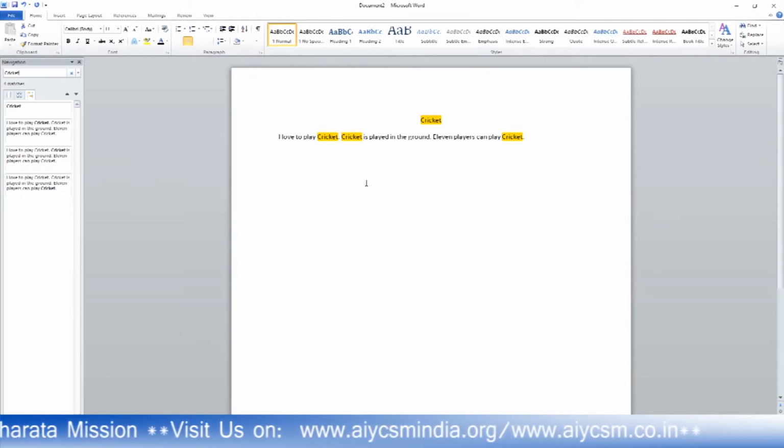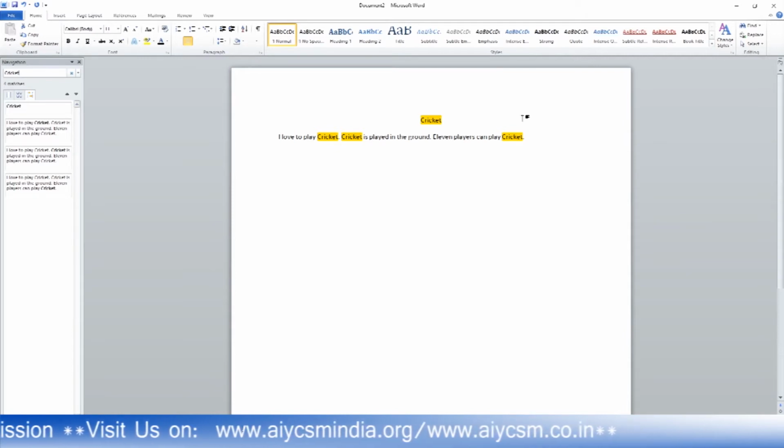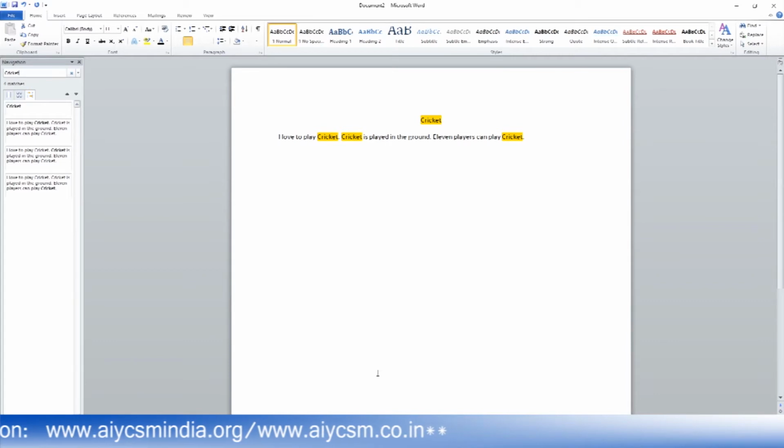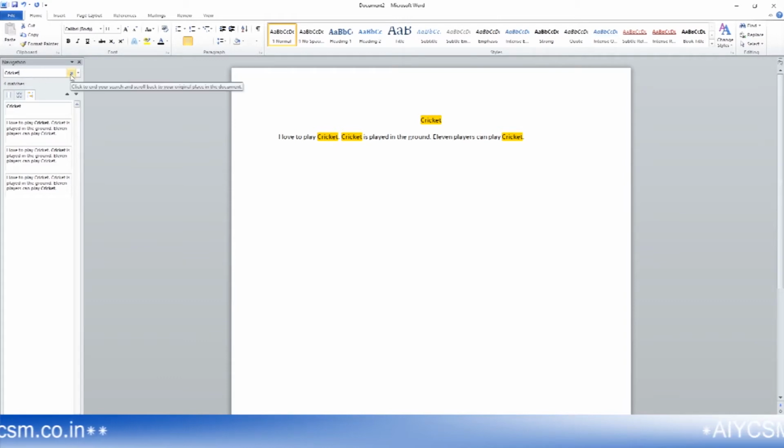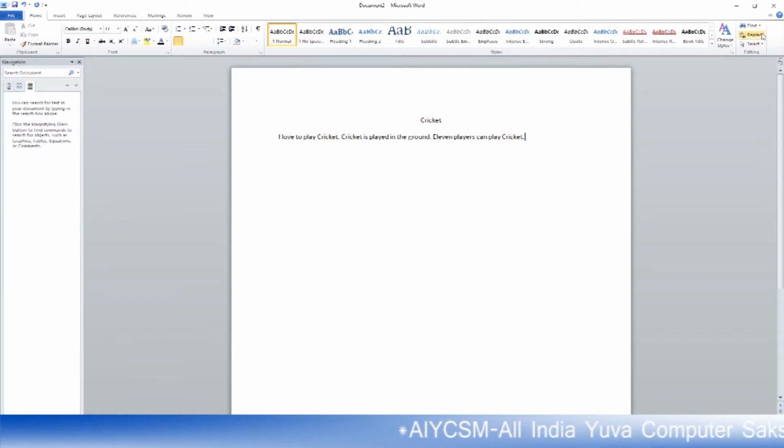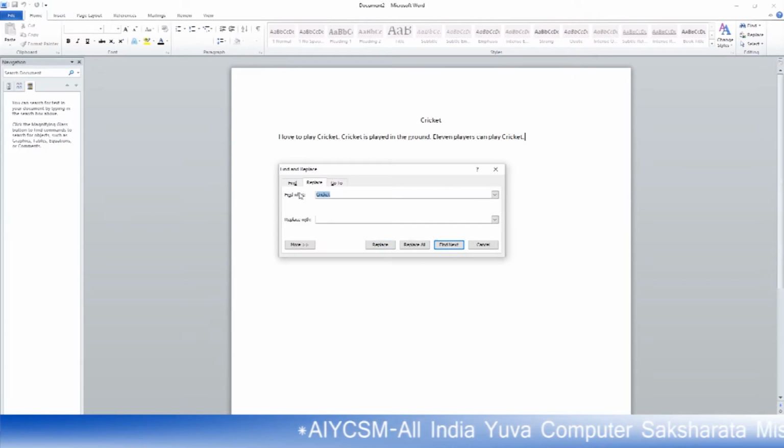So this option will find the similar word in your document. I am just writing 2 lines. If there are thousands of lines, it will find and highlight all the cricket. So you can find all the search elements from there.